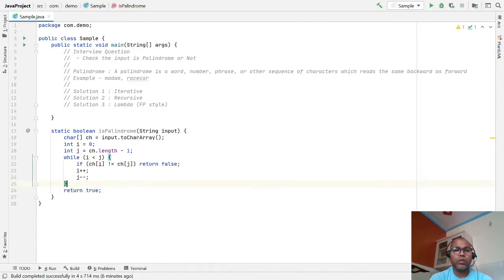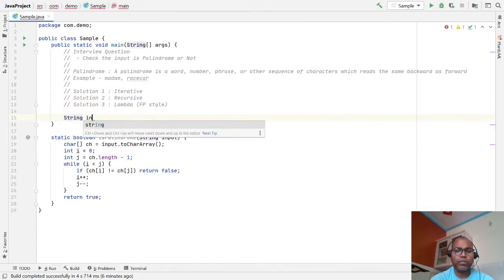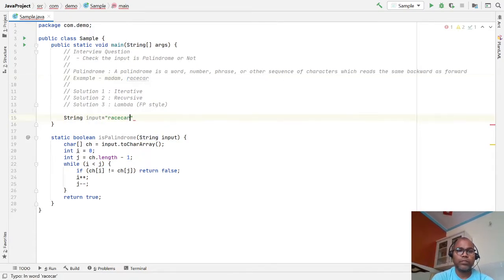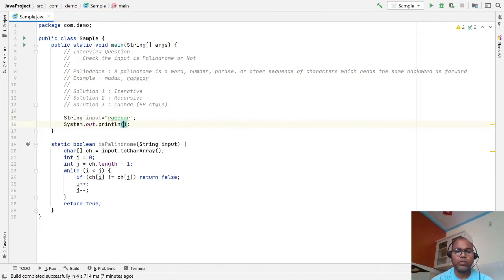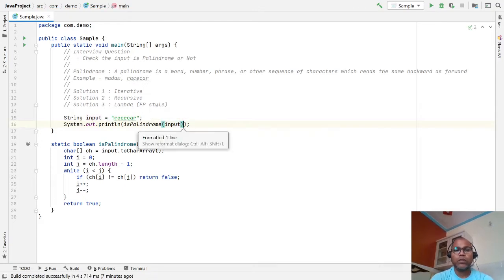So this is your logic. Let's take an example string input and call isPalindrome, and run this code.